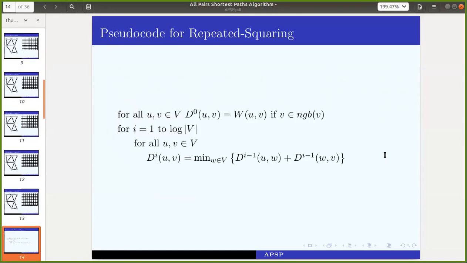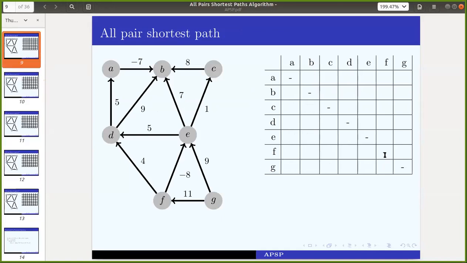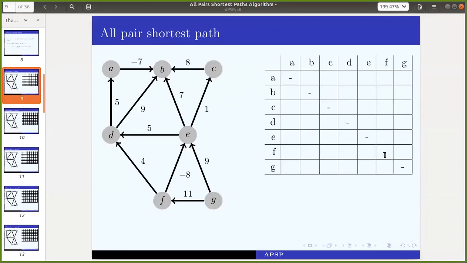The idea, if I understand it correctly, it works by repeated squaring, right? That's the previous slide. This is just a worked out example, right? I'm talking about the algorithm.